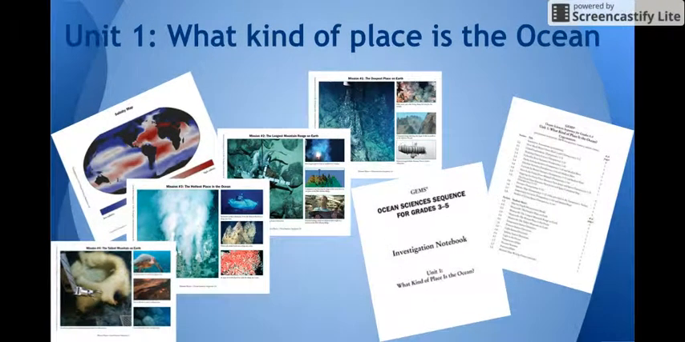Now let's dive into the units. Unit 1, What Kind of Place is the Ocean?, has students learn that the ocean is the defining feature of our planet. Students explore globes to discover that there is but one large interconnected ocean that covers a majority of the Earth's surface. Students investigate ocean currents and layers through the use and construction of physical models, computer visualizations, and